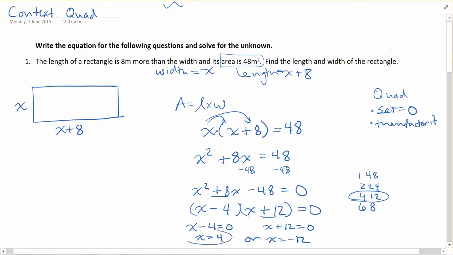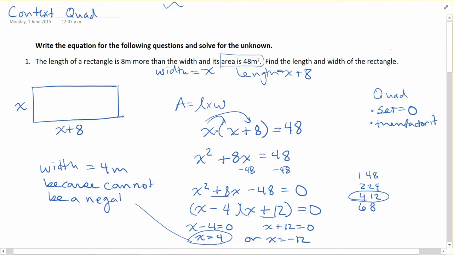So what we would say is width equal to 4 meters, because it cannot be a negative number. So the width is equal to 4 meters,